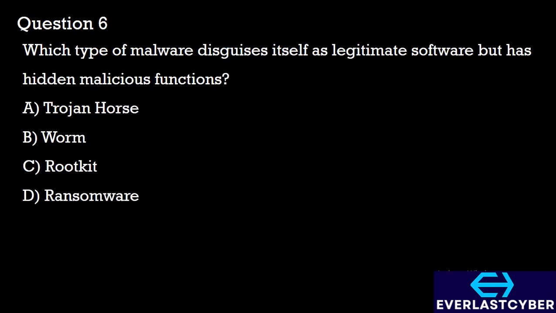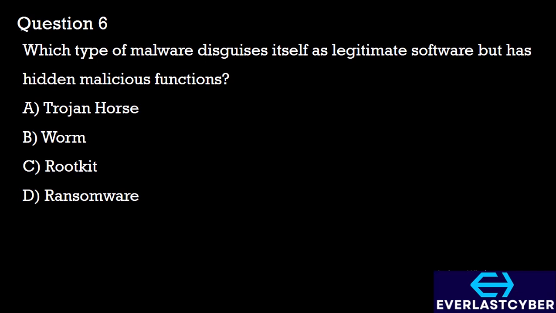Question 6. Which type of malware disguises itself as legitimate software but has hidden malicious functions? A. Trojan horse. B. Worm. C. Rootkit. D. Ransomware. A Trojan horse is a type of malware that appears to be legitimate software, but it